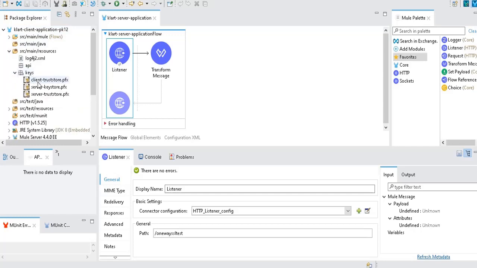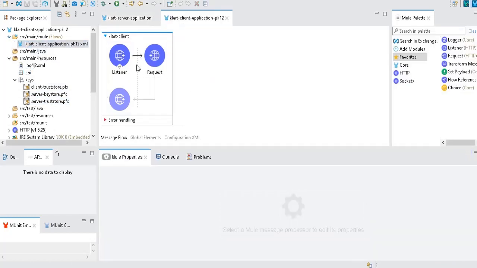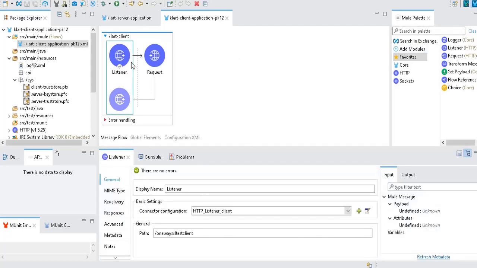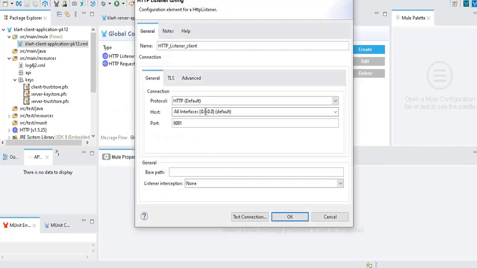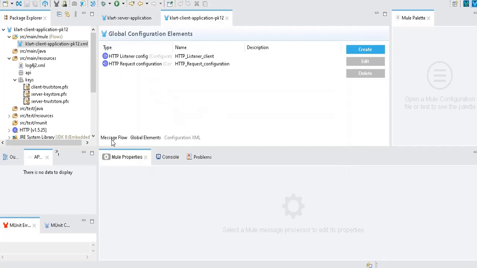Okay, so the client application is also a normal MuleSoft project, and in the same way we have created a keys folder and copied this trust store and all. Now in the application, you will have one HTTP listener. It's a normal HTTP listener. We need not do HTTPS configuration for this, because by using a browser or any other testing tool, we are going to test this application. So you don't need to configure any HTTPS here. It's a normal HTTP 8081. So you don't need to do any changes here.